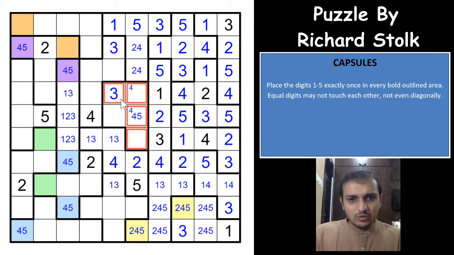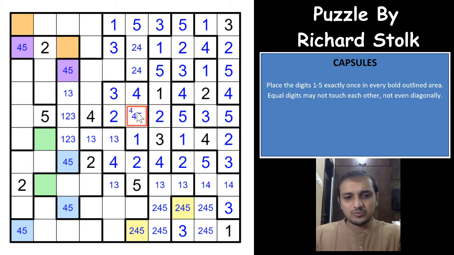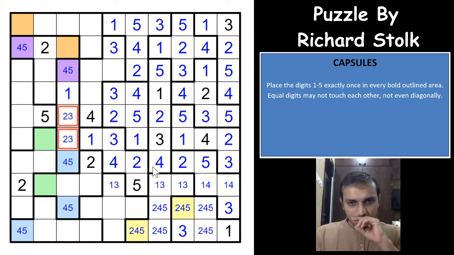And I see that now 2 in this region can only go to this cell, which means these 3 cells are 1, 4 and 5. 1 cannot be in these 2 cells, so this is 1. 4 and 5 in these 2 cells, you have a 5 here, so this becomes 4, this becomes 5, this becomes 2, and this becomes 4. And the 1 here gives you a 3, and a 1 here, that gives you a 1 here, right? Easy.